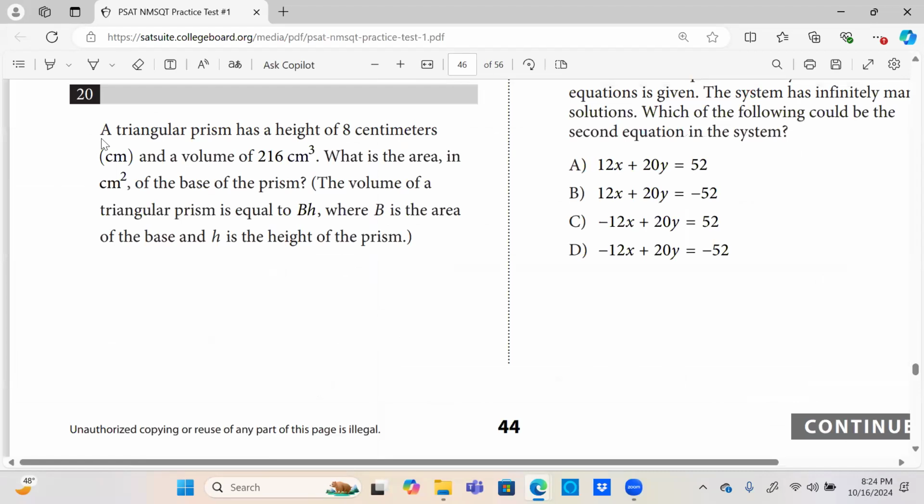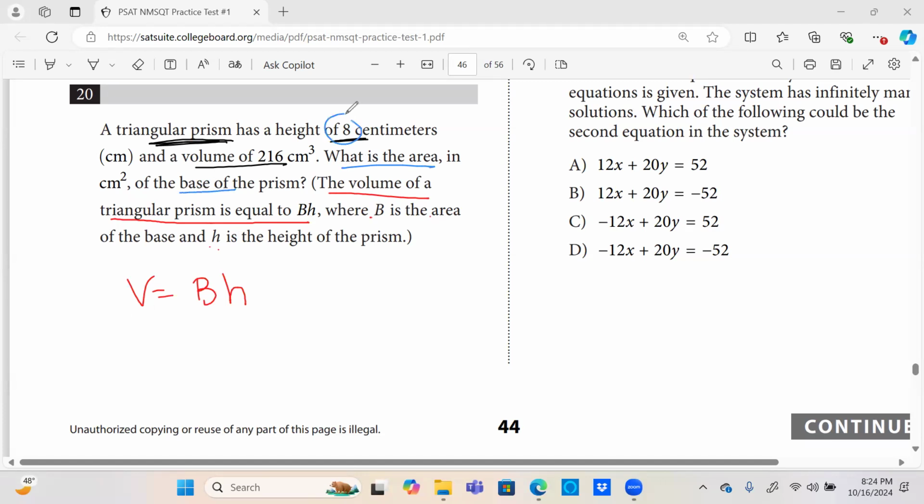So we have a triangular prism with a height of 8 and a volume of this. And then they say in the parentheses, the volume of a triangular prism is equal to BH. Okay, so volume is BH, where B is the area of the base. Okay, that's what they're looking for. What is the area of the base? They told us the height is 8. They told us the volume is 216, and we're looking for the B. Divide by 8, and 27 is B,